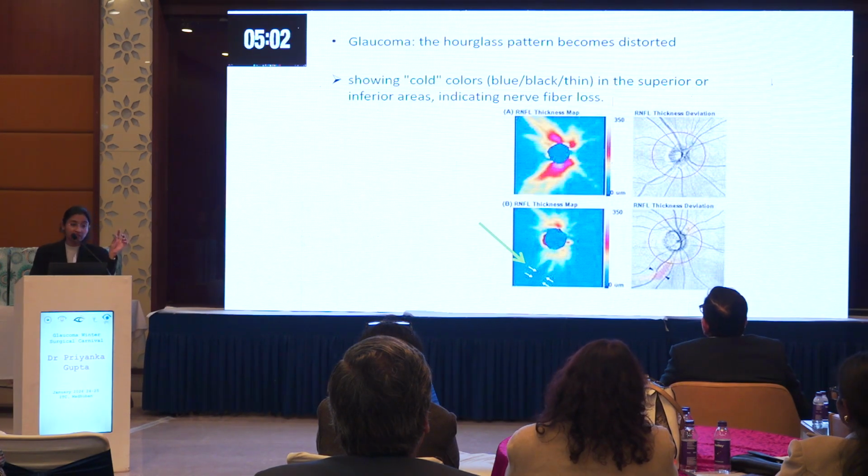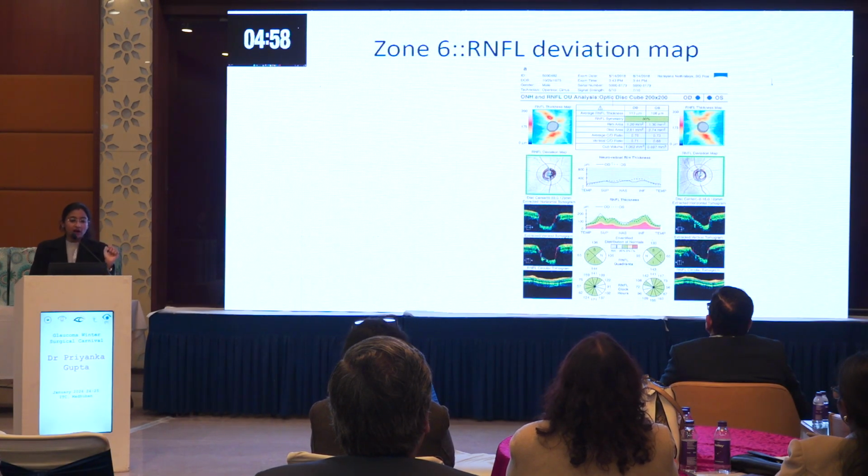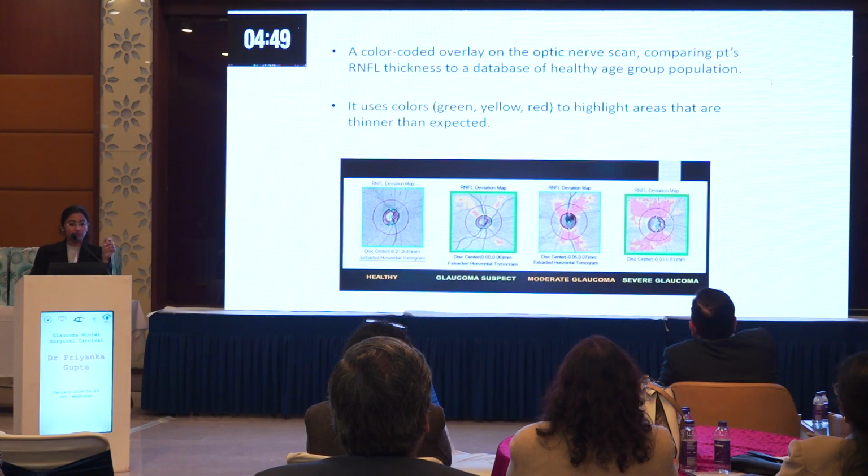Like you can see in this image, there is an RNFL defect which is being flagged with the blue color. Now there is an RNFL deviation map, that is, it will compare how much your RNFL thickness is deviated from the normal population, and then it will give you a deviation map. Again, it is color flagged, like the first figure you can see, it is a normal looking disc.